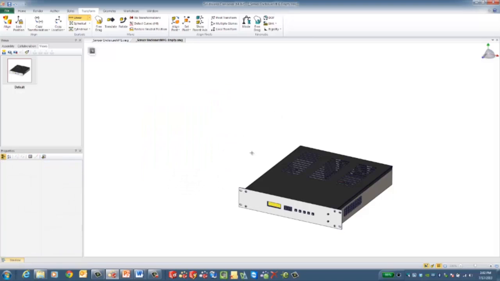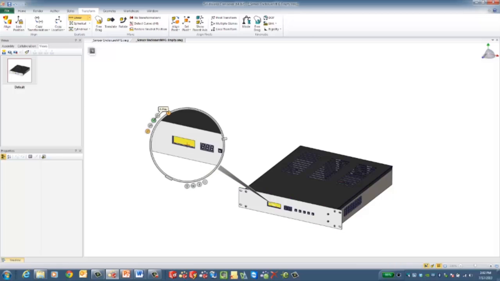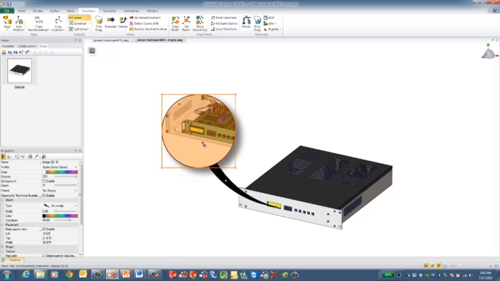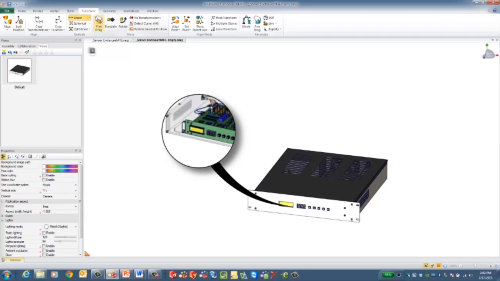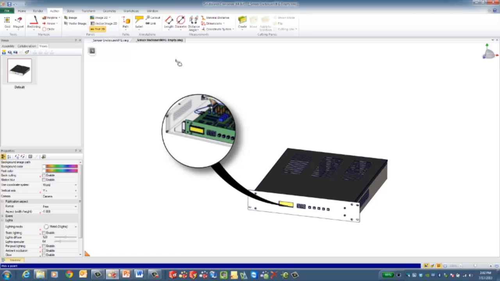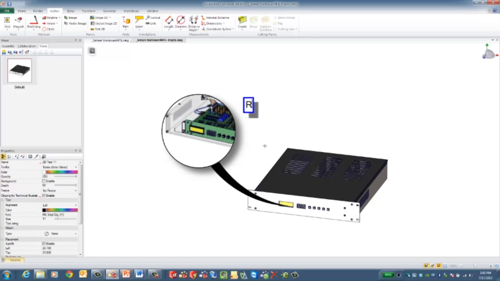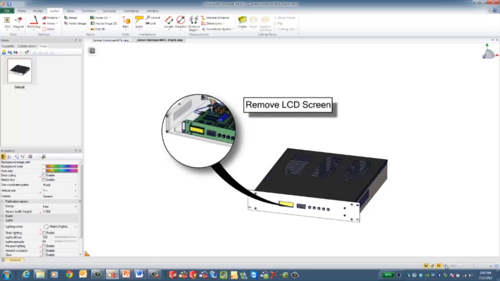I could do that. Another thing I might want to do is something a little bit more interesting, like an X-ray style view, so I can pull layers away and say, okay, we're going to be focused on removing this screen here. So again, I can just freeze that. I can move this around now. I can come in, I can maybe drop in some text. So I'll say, okay, I'm going to create some text that says remove LCD screen,